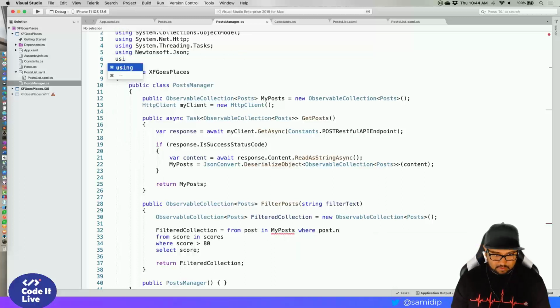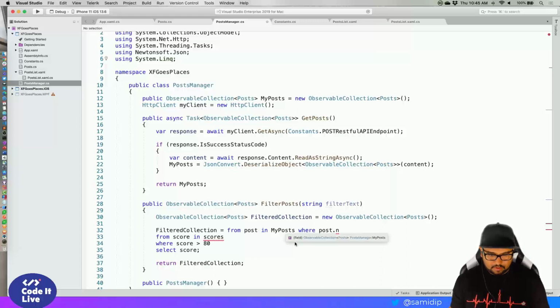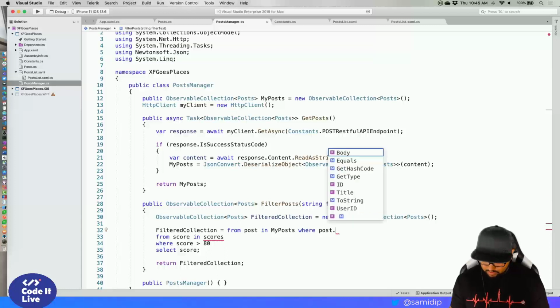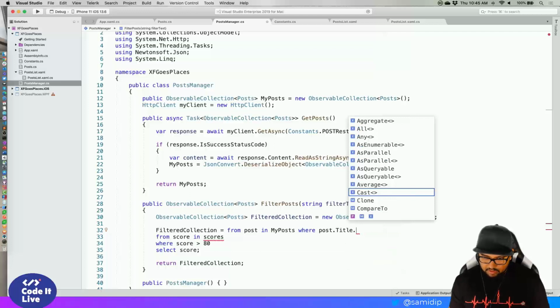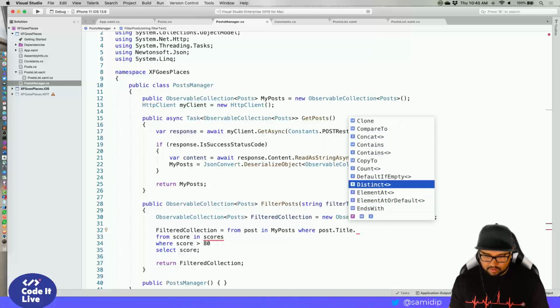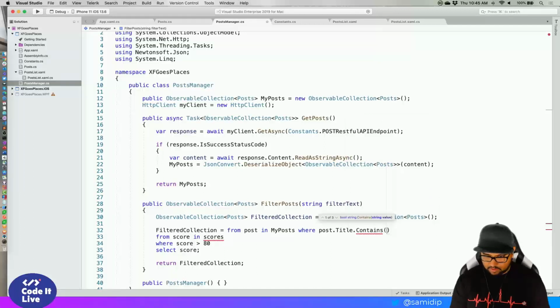Oh, sure. Okay, now can I refer to it by name? Yeah, there you go. So the post object has these things, right? Title dot, let's just say contains. Well, what else can it do? I'm sure it can do starts with, clone, compare, contains. Yeah, contains is fine, and we're just going to pass in the filter text that we got,